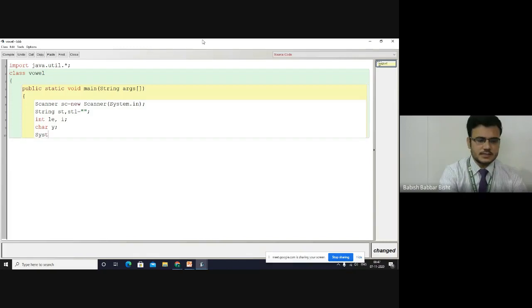For that I will write System.out.println("Enter the string"). So I will write here st equal to sc.nextLine(). I will add a space at last.